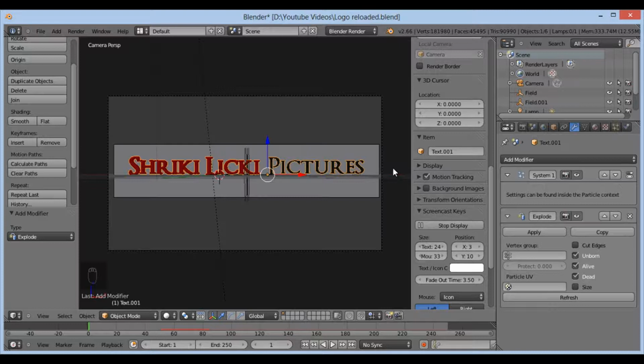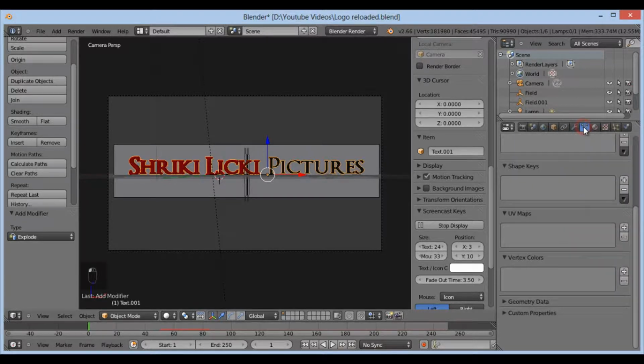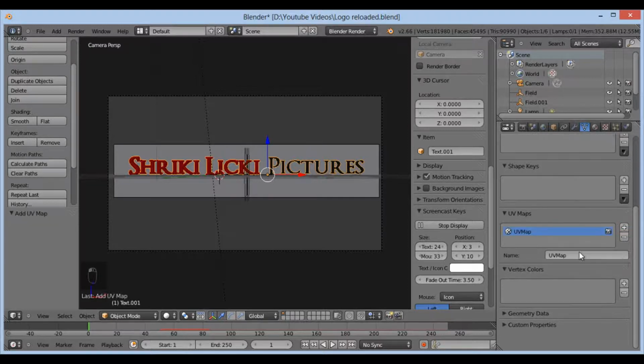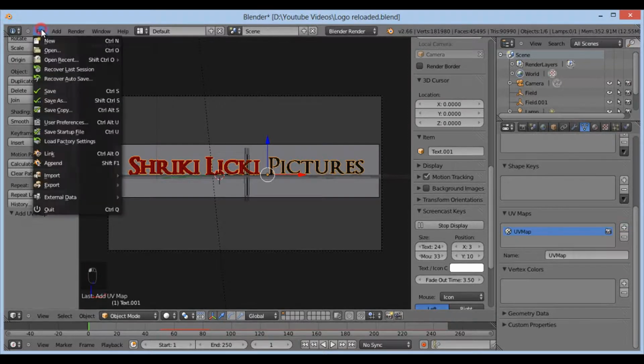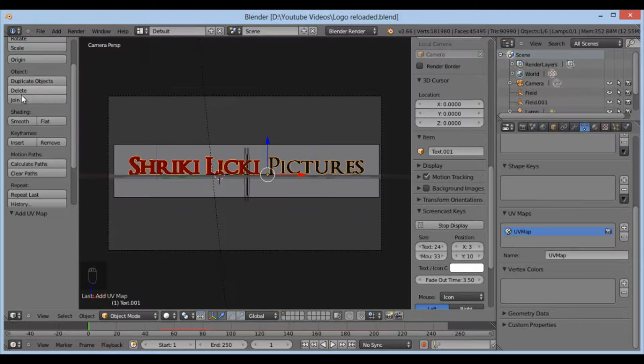We just need to go to the object data, and we just have to add in a UV map. So I think that's the object data, yes. And then we just need to add in a UV map. That's it. We just added a UV map, and then we go to the texture tab, and then